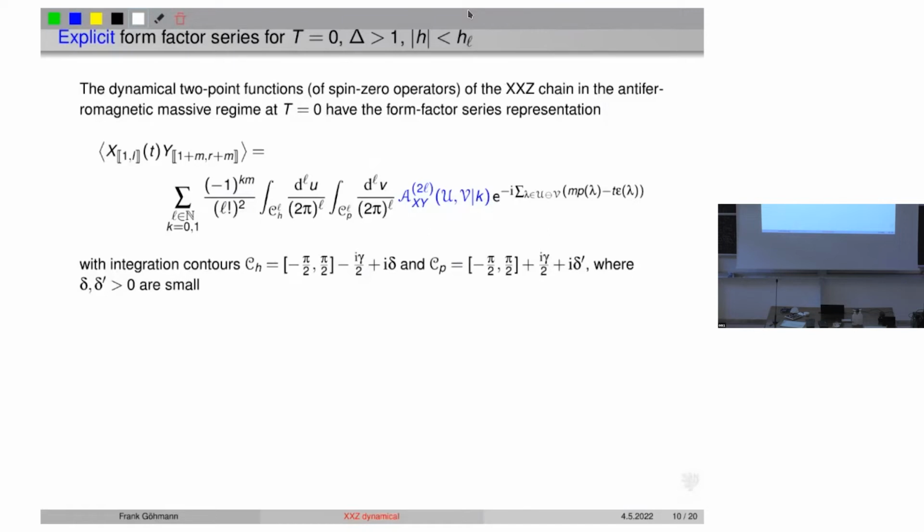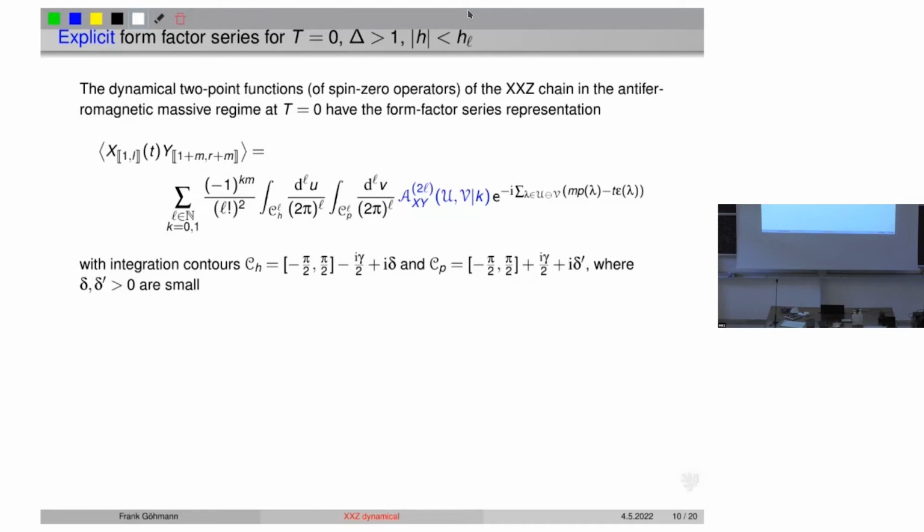Instead of a sum over all states, we now have a sum over all classes of states. Classes of states means the physics of scattering events. For spin 0, you have an even number of scatterers. So you may have one particle scattering one hole, 2 particles scattering 2 holes, 3 particles scattering 3 holes, and you sum over all possibilities from 1 particle 1 hole to infinitely many particles and infinitely many holes. Then you have one integral per particle and one integral per hole. Here is a wave factor, and here is an amplitude. The wave factor factorizes, but the amplitude couples the particle-hole